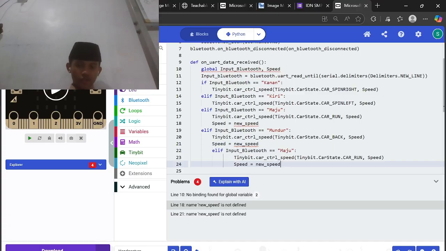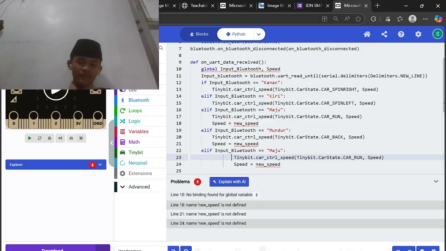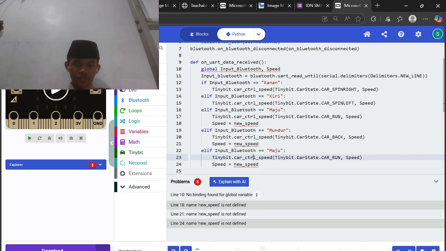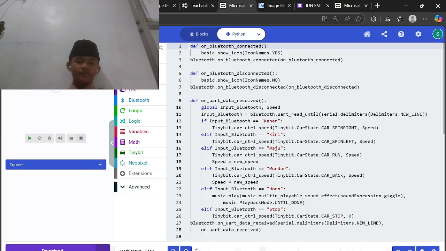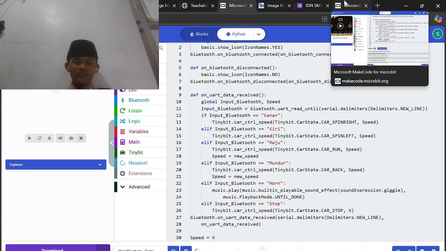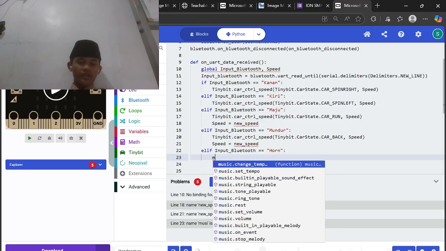After that you copy again, and this we will add the music or horn. We change this to become horn, and you change this, and we will make the horn. The horn is, wow, the code is so hard. So we will add music actually.